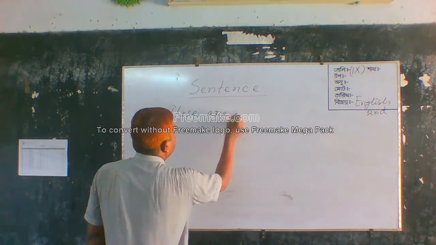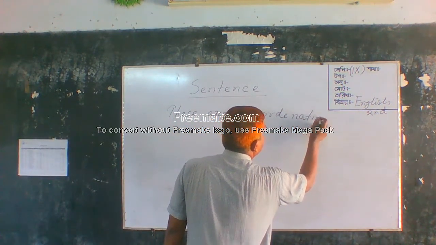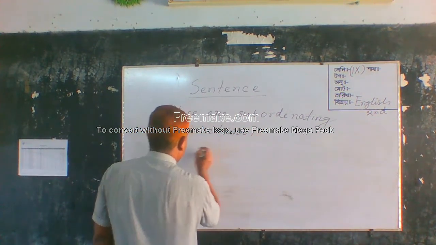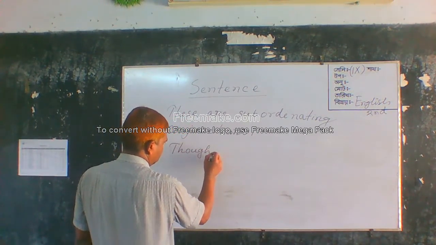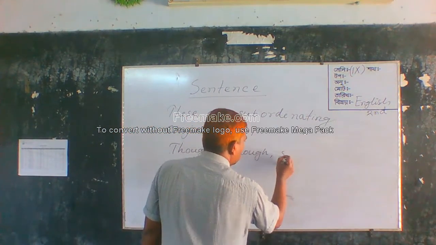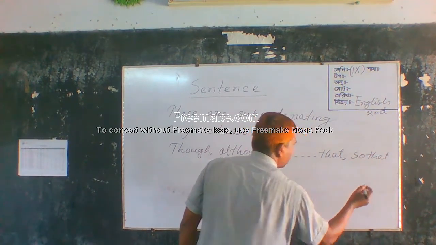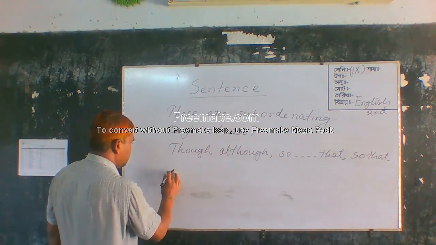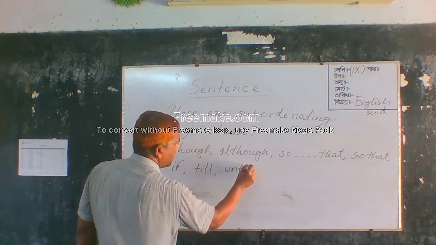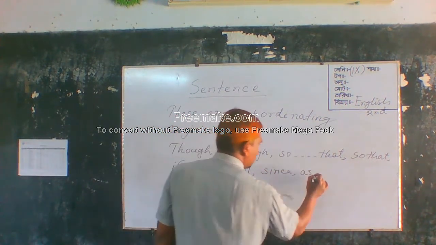These are subordinating conjunctions: although, so that, if, till, until, since, as,